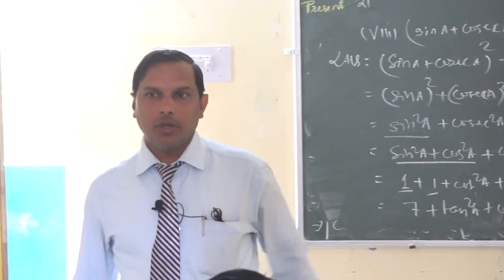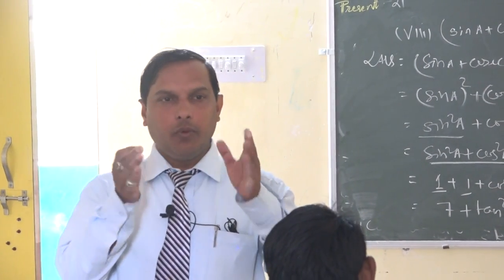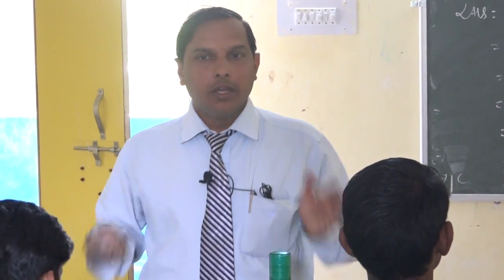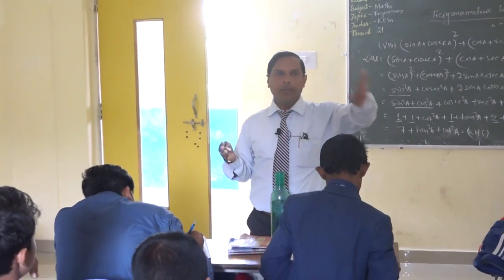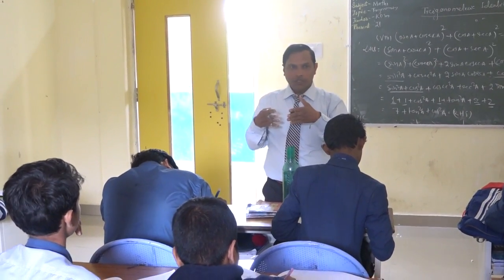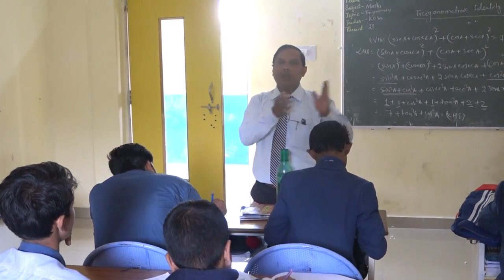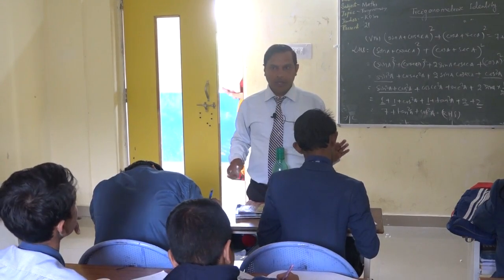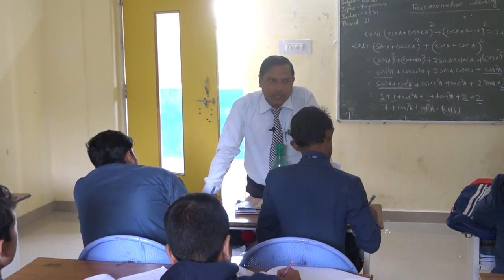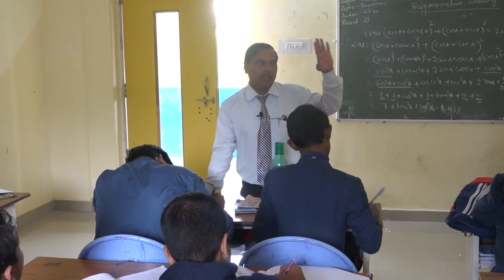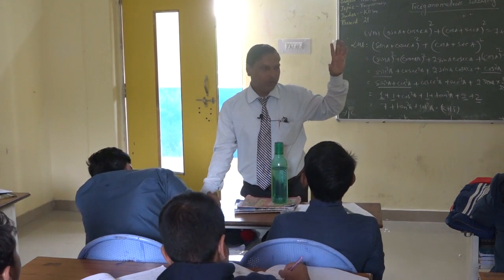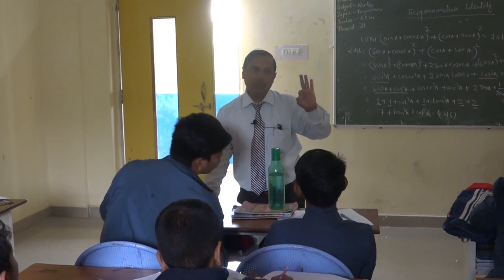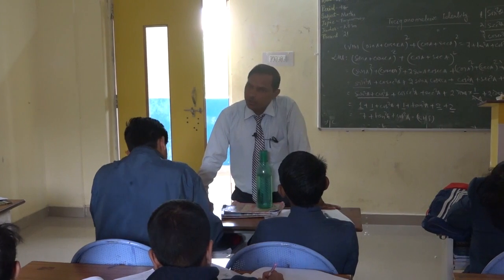Clear all of you? So we have to put our brain to where we will apply which formula to get the answer, considering what is given in the RHS. Sometimes we will do both the solutions from the left side and right side and equalize them. Sometimes we have to solve the RHS to get the LHS. So when proof questions are there, we will do it that way. Okay? Now you got the 3 identities. What are the 3 identities? Again I repeat. Sin square theta plus cos square theta equal to 1. Cosec square theta minus cot square theta equal to 1. Sec square theta minus tan square theta equal to 1.